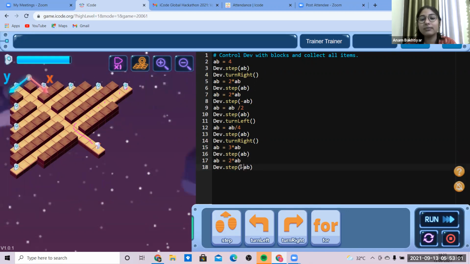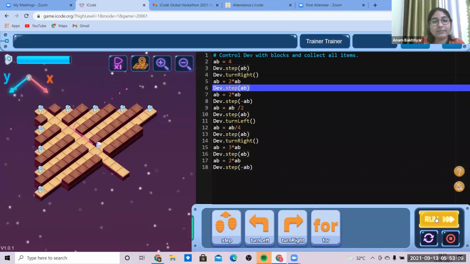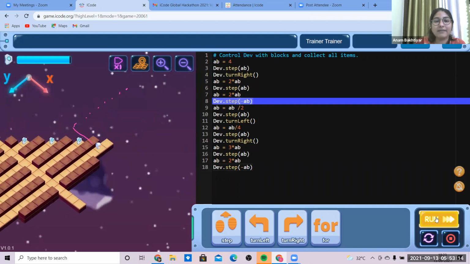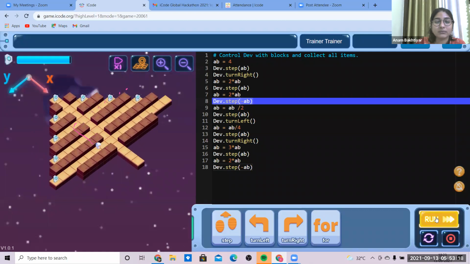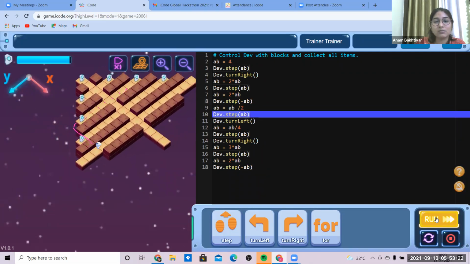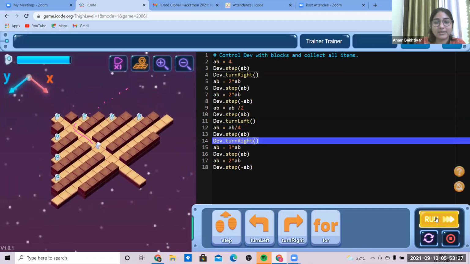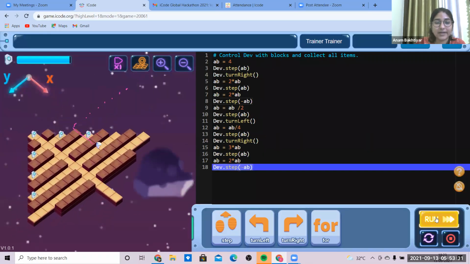So these are the arithmetic operations that could be performed on variables. This is explaining the arithmetic operations that could be performed on variables. See, it can have multiplication, it can have division. You can also go for addition. We have done addition before. It will turn towards left. It will move 2 steps. It will turn towards this way. It will go in reverse direction.